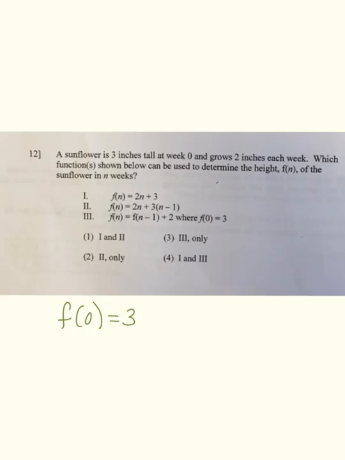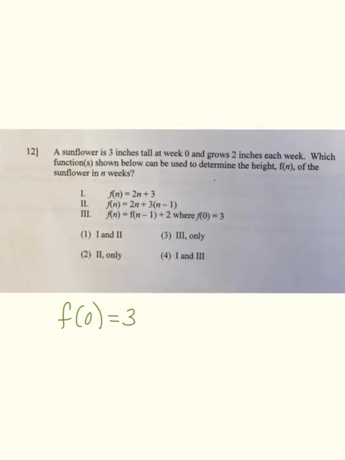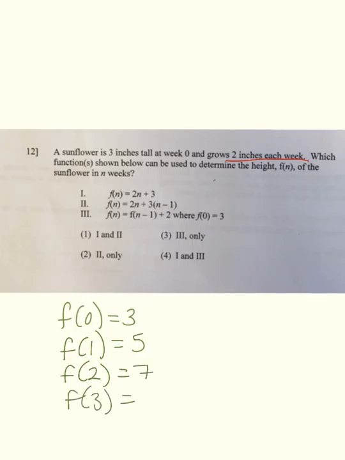Okay, so since it's growing 2 inches each week, I can represent that as f(1) = 3 + 2 = 5, f(2) = 5 + 2 = 7, and f(3) = 7 + 2 = 9, and so forth. So I'm going to substitute my terms 0, 1, 2, 3 into each of these equations and see which one gives me the same sequence